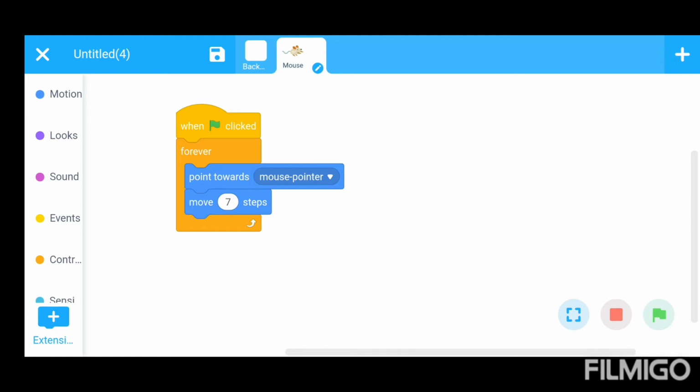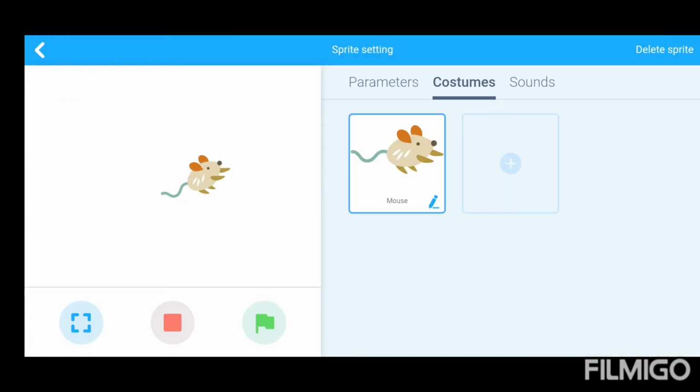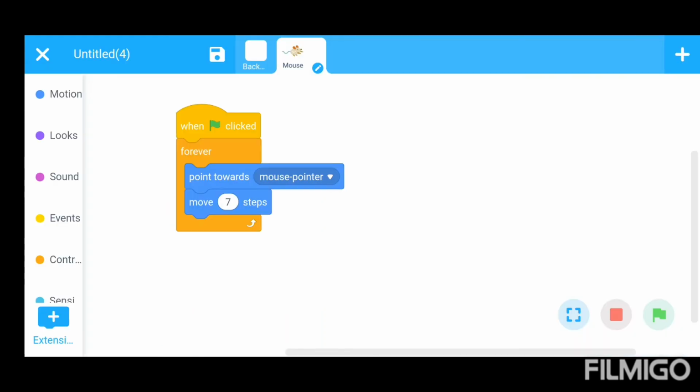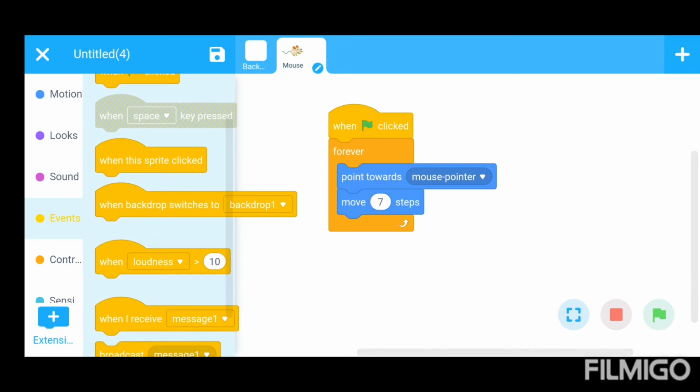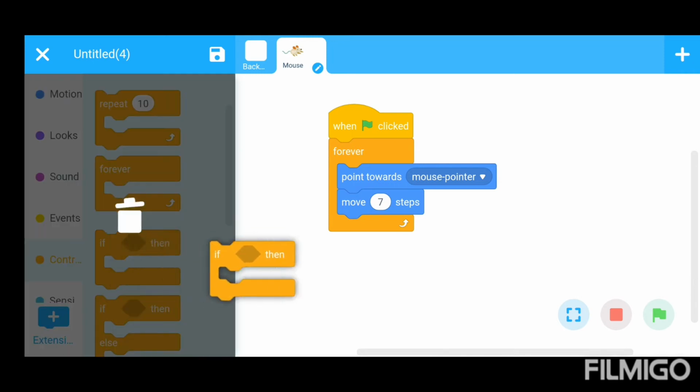Here we will also notice, look at the output, the mouse is flipped up and down, up and down. This is a hanging process. To avoid this, we will add another command here. Go to the control section, if then command.